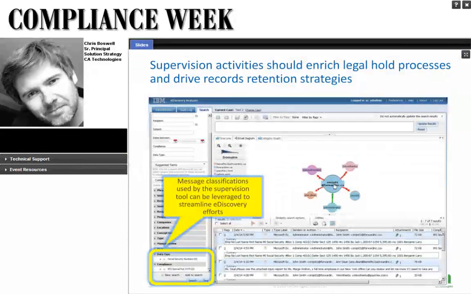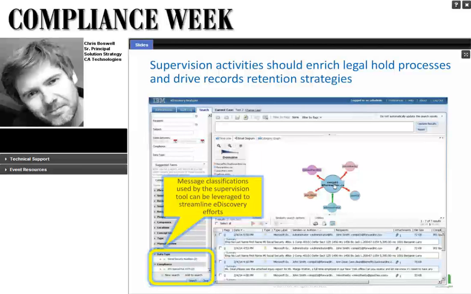And then finally, we're happy to announce that we have integrated our solution with our partner IBM. So we've been talking about building this new process called supervision, but you already have a records management process in place where you're setting your retention schedules globally for all of your data that are records. You have your legal holds process in place where you're doing e-discovery. If you're inspecting the content way before these processes happen, your supervision tool should be able to interact with these processes. The objective is not to create more compliance islands within your organization.